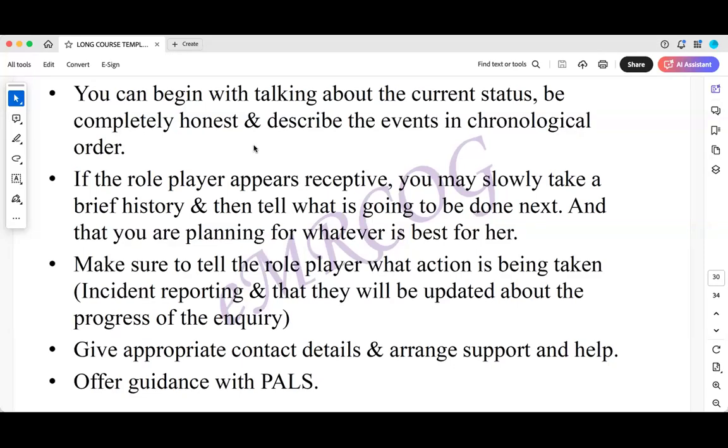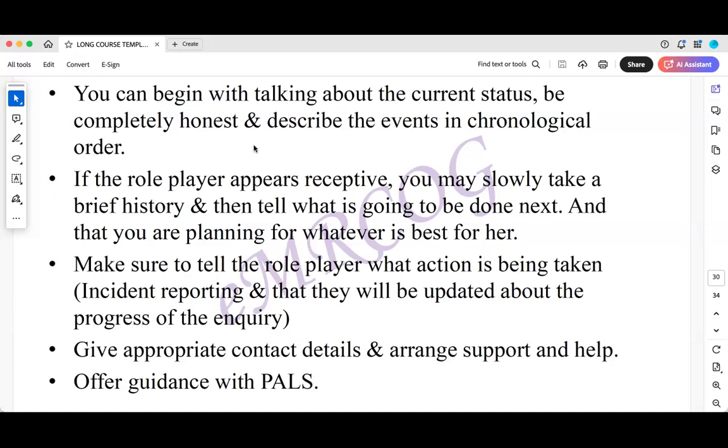If the role player is still not happy after you said that, or you suggested another meeting with a consultant to discuss further, and still the role player says, I want to complain, okay, so this is your right, and you have to facilitate the role player to the PALS, the patient